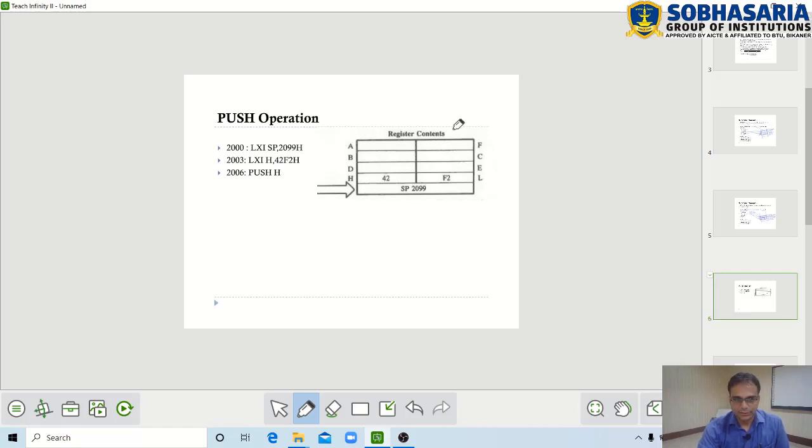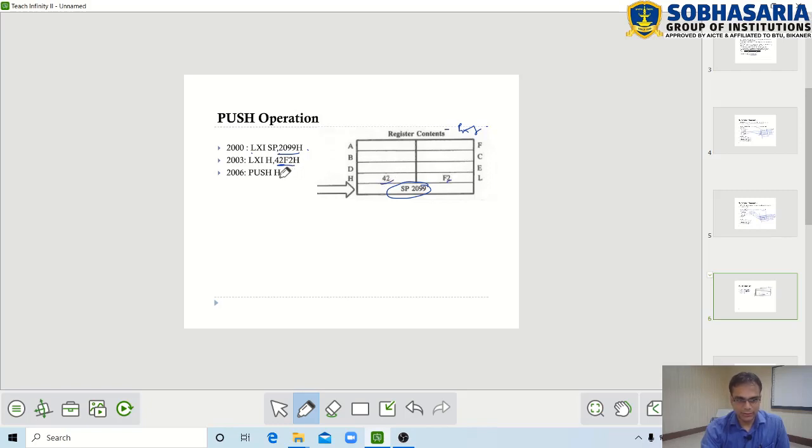Here this is a memory, this is nothing but programming model in CPU. So whenever we write LXI SP, 2099, so this 16-bit data will be loaded into stack pointer here, and when we write LXI H, 42F2, so 42F2 will be loaded in H and L pair.